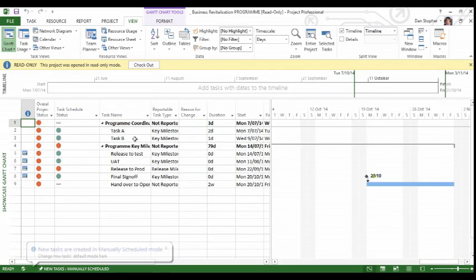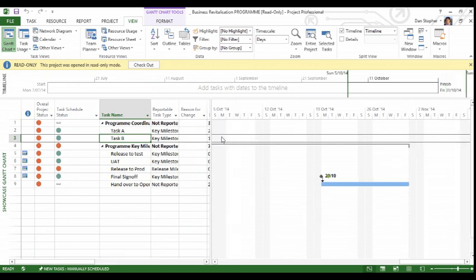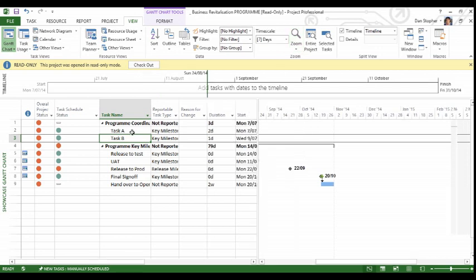And it's a fairly simple schedule, just a handful of tasks to really demonstrate what a program level schedule might look like. I know some of you tend to have larger schedules at the program level. For the purposes of today's demonstration, I just wanted to bring attention to the fact that there may be some